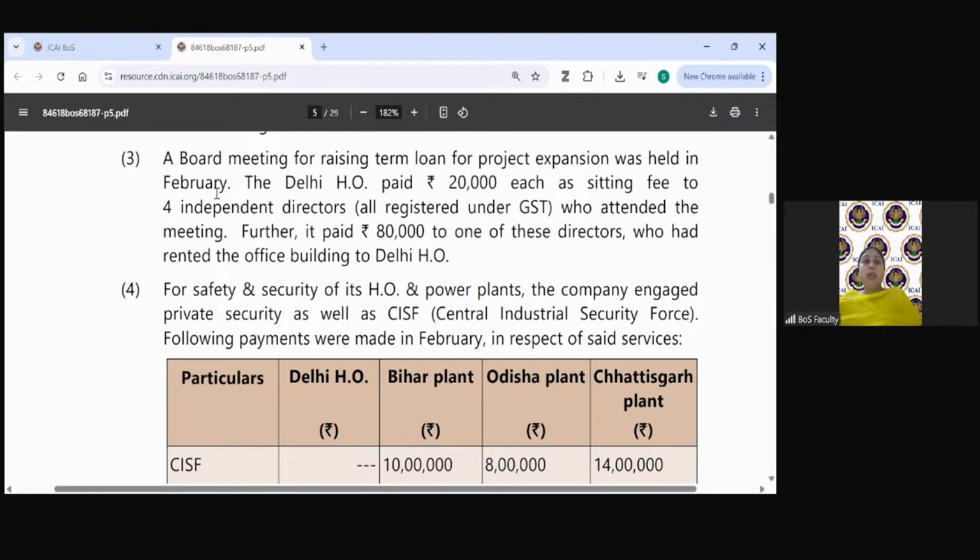This service of renting out a commercial property is provided by a director in his personal capacity and not as a director of a company, because a director of a company is not liable to rent out the building. As a director, he is not obligated to do this. He has to attend the meeting, take the policy decisions, be involved in the company functioning, and take the managerial decisions of the company. But he is not obligated to rent out property to the government. This he is doing in his personal capacity. So this entry does not get invoked for the reverse charge.